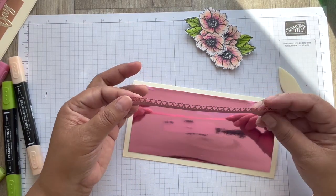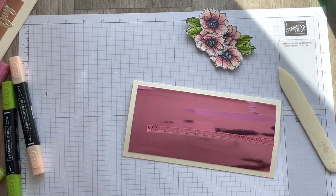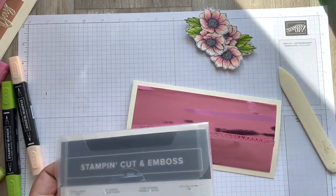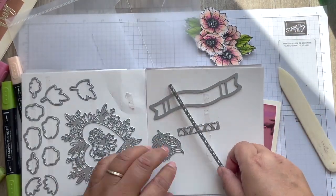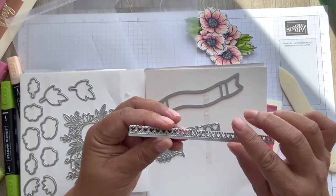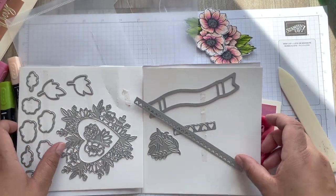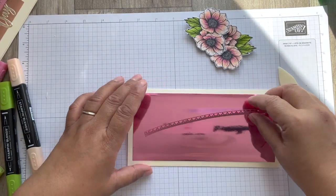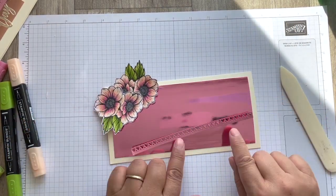And then this is from the lovely dies, the Hearts dies. I'm trying to show you where it is. Floral Hearts dies, and you've got this, and it's just so pretty. And then you've got little hearts. You can get sort of heart confetti from that. So that has come from there, and it's not long enough, but your flowers are going to hide it, so you need to pop it to